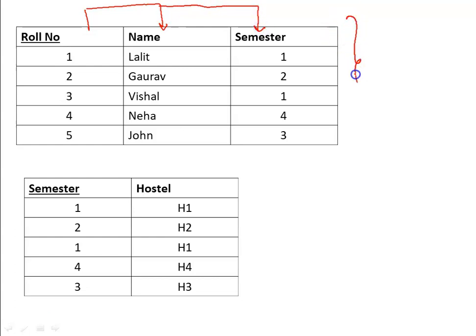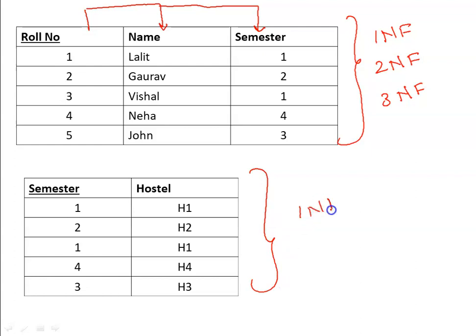If you look at this particular table, it is in 1NF with atomic values, it is in 2NF because there is no partial dependency, and it is in 3NF because there is no transitive dependency over here. Obviously with the second table also, it is in 1NF, 2NF, and 3NF. We'll look at another example of 3NF.